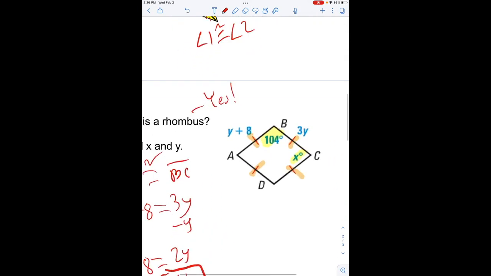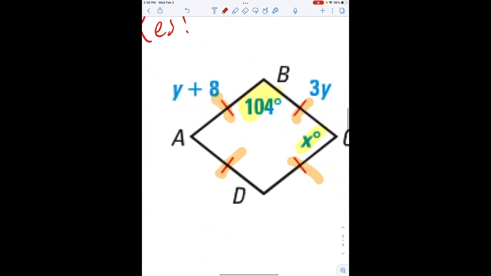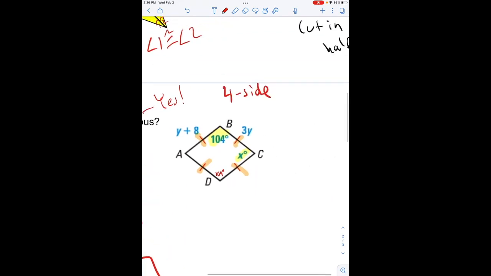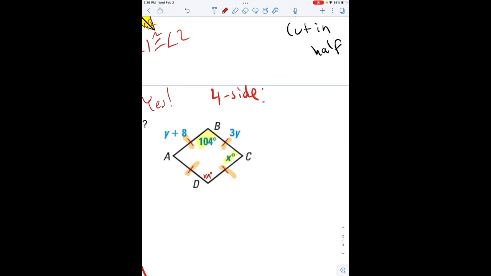So if this angle above, where it's yellow, is 104, then this angle across from it also has to be 104. And remember, a 4-sided quadrilateral has interior angles that add up to